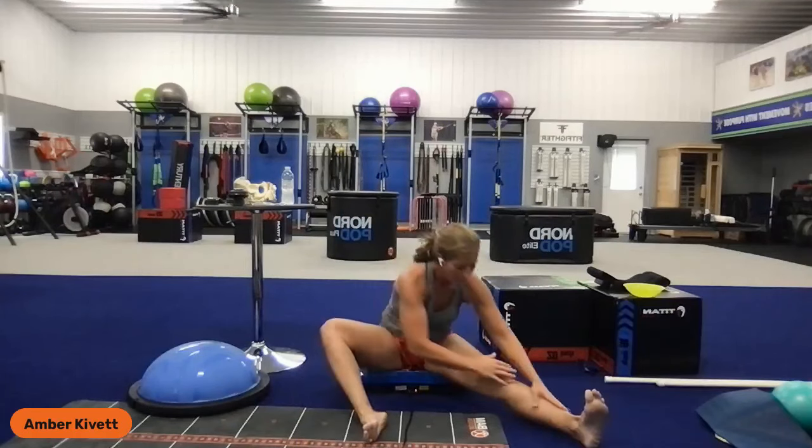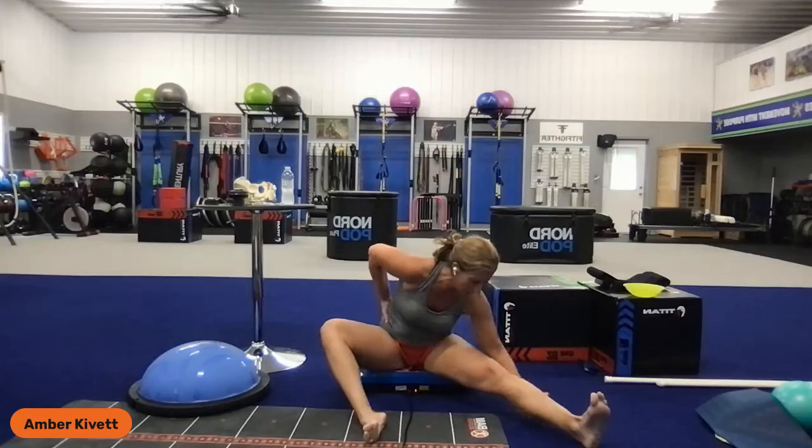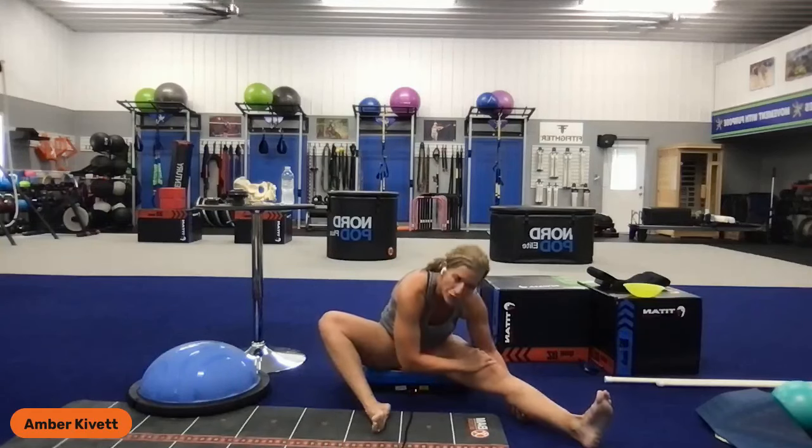Now, if you have trouble doing this, bring in one leg and just reach, okay? You're still gonna get a nice stretch here on the back side. You're still gonna get a nice lengthening here. But if you can't stretch out both legs and you really wanna open one leg up, you can do that,